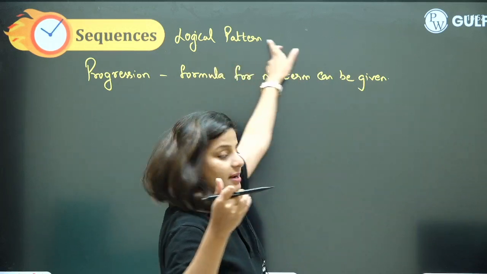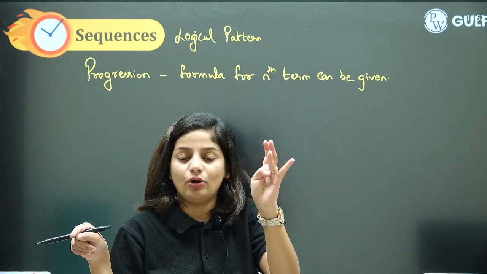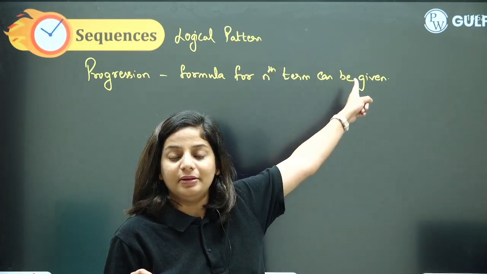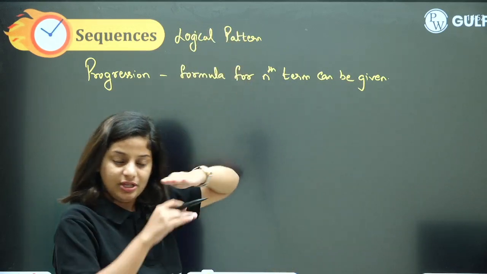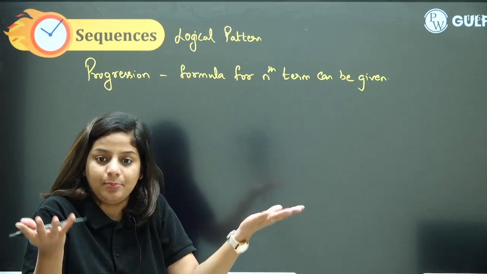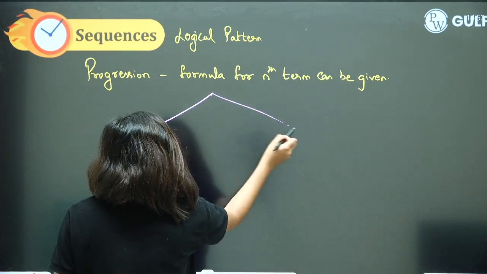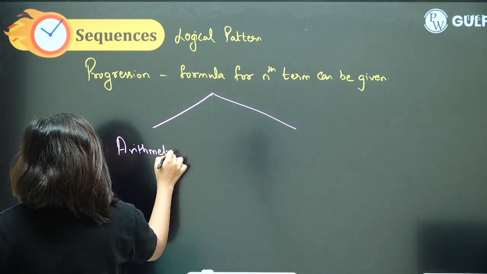But if there are prime numbers, can I find the 13th prime number? No, I have to count all the way and then find the 13th prime number. There is no direct formula to find it. Prime numbers are not a progression, but they are a sequence. So progression is a special type of sequence. Under sequence, we are going to study two types of arithmetic progression